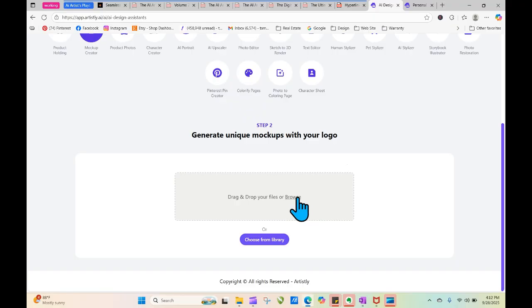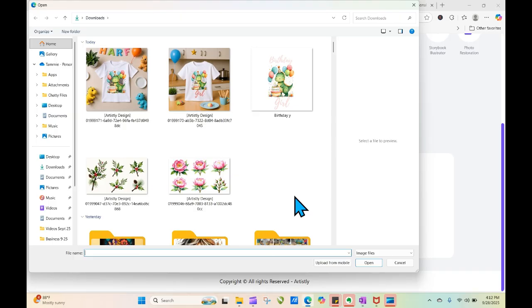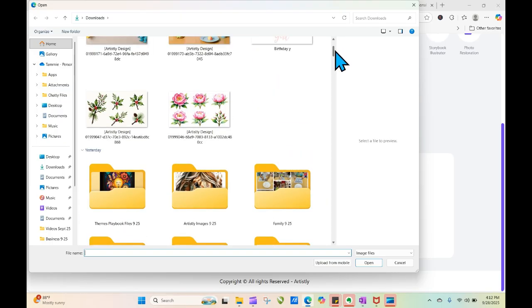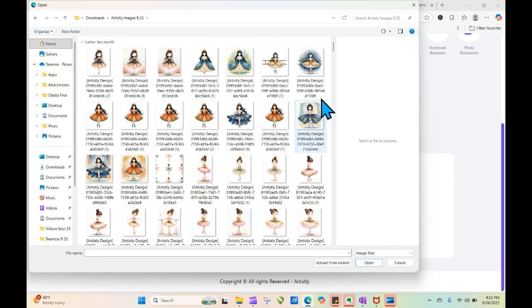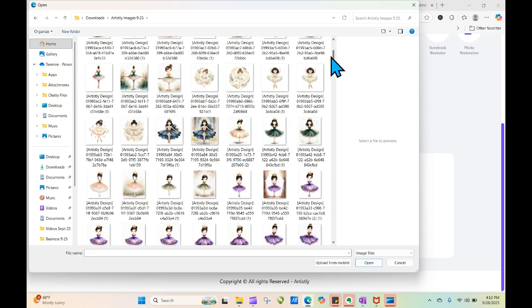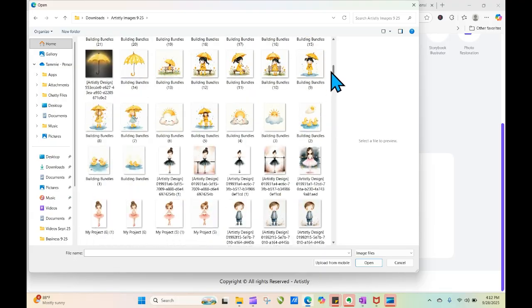Now, we're going to go in and we're going to browse for an image. Okay. For instance, I want to go here in my files, and I'm going to scroll down, and let's see,